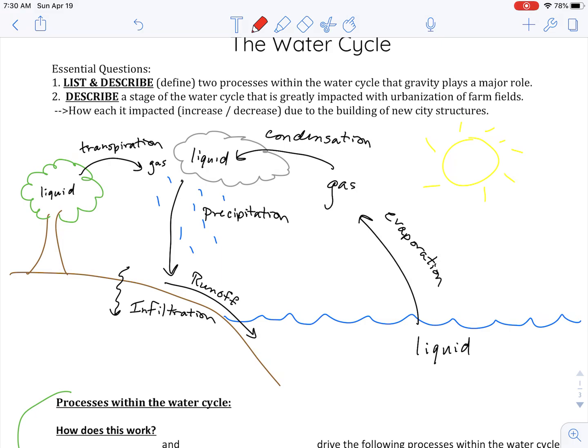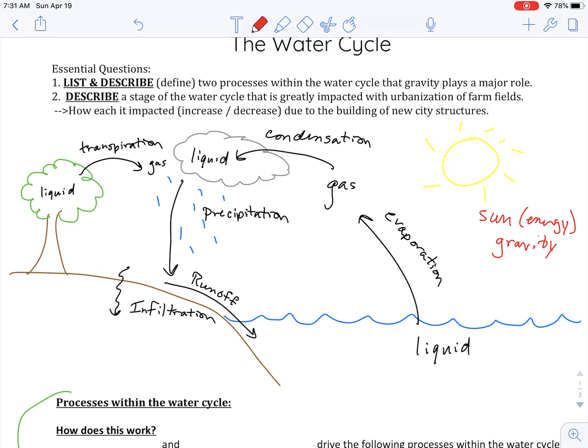And I think the first and most important detail is what are the two drivers of the water cycle. And really it comes down to the sun, and really, it's energy, not the sun itself, but energy from the sun and gravity. Those are the two biggest players when it comes to the water cycle.